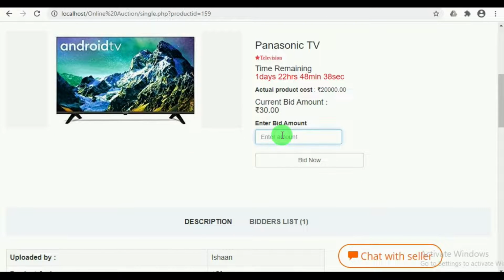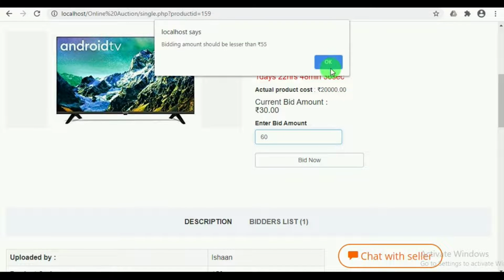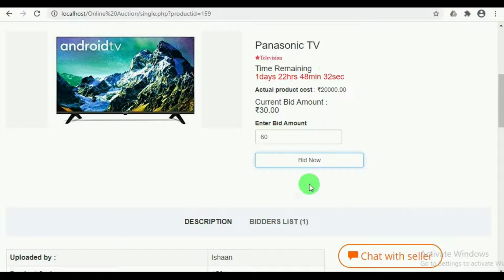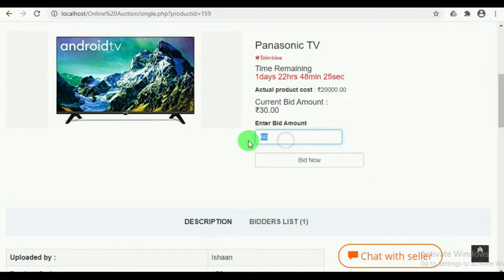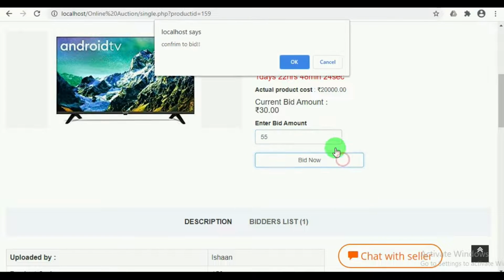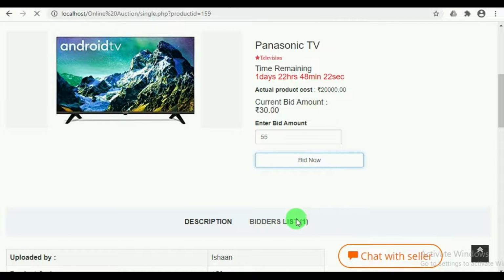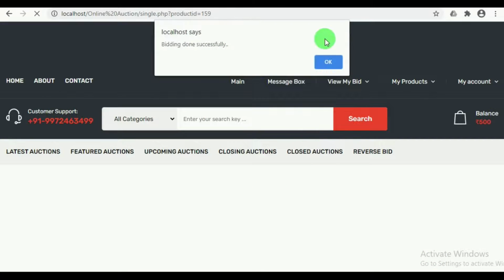By knowing the product description and the previous added bid, the person can add the bid amount. On clicking on bid now, the amount will be added. The person's name will be added under the bidders list.